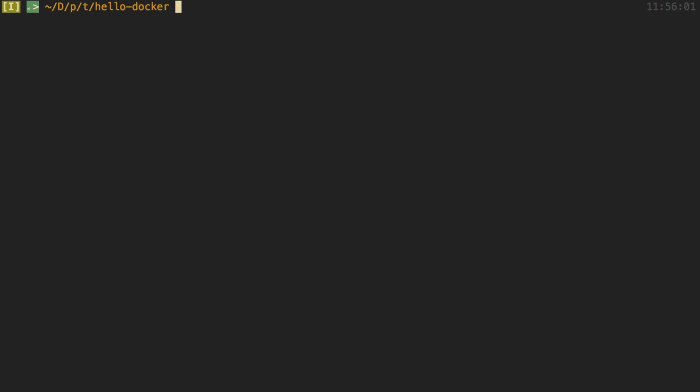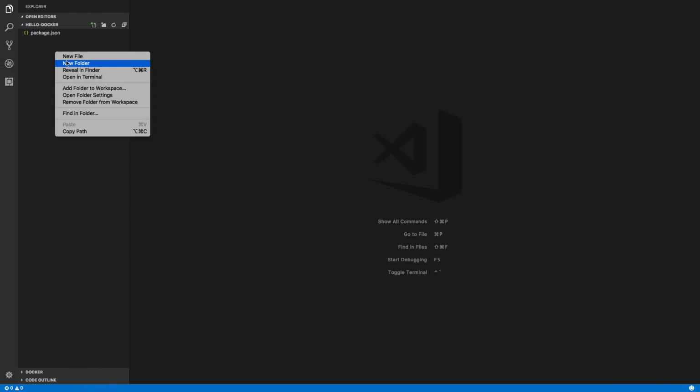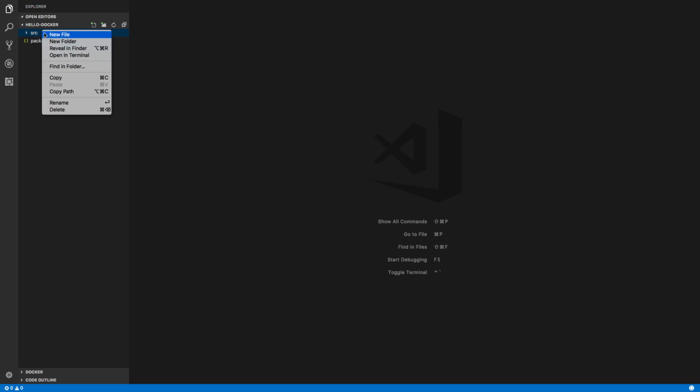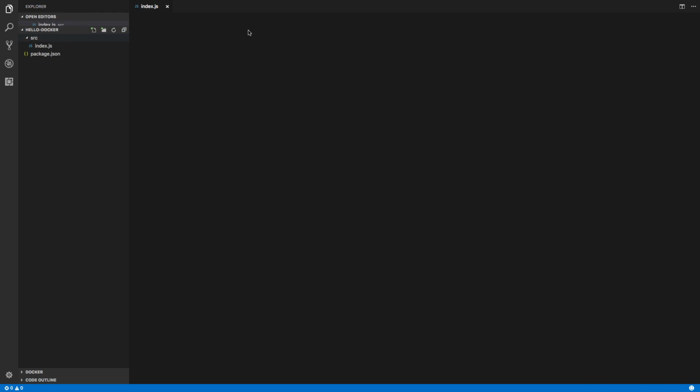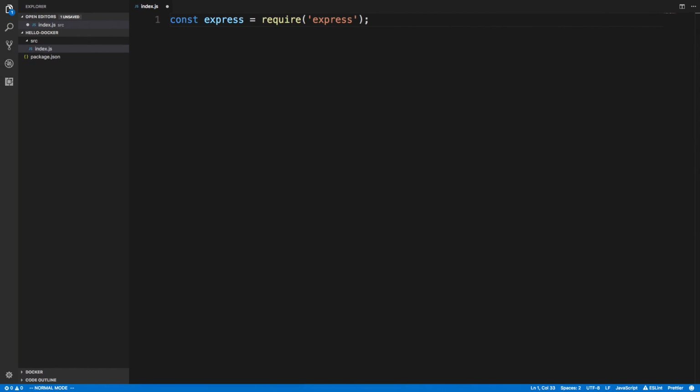First things first, I want to set up a quick Express application. So I'm just going to do npm init, and I set this up here, and then I'm going to create a source folder, and inside my source folder I'm going to create an index.js file. Here I'm just going to say const express equals require, and I'm just going to use require syntax so we don't have to use Babel, and I'm going to say express,